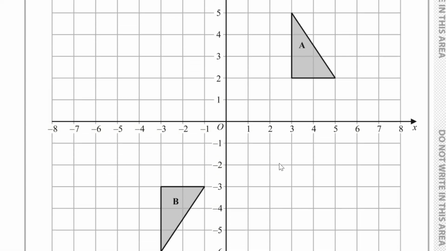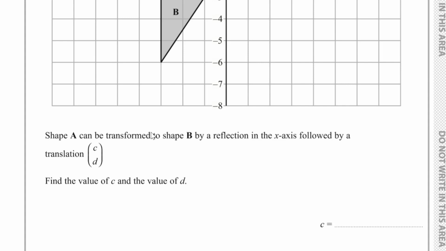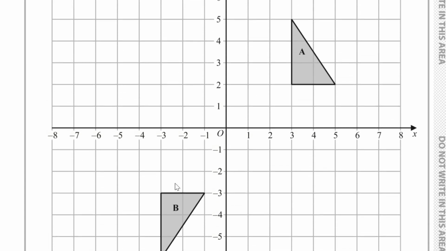For question number 5, shape A can be transformed to shape B by a reflection in the x-axis followed by a translation by vectors CD. We have to find the value of C and the value of D. Well, if we reflect shape A in the x-axis, we would have the following shape. Reflecting it in the x-axis,